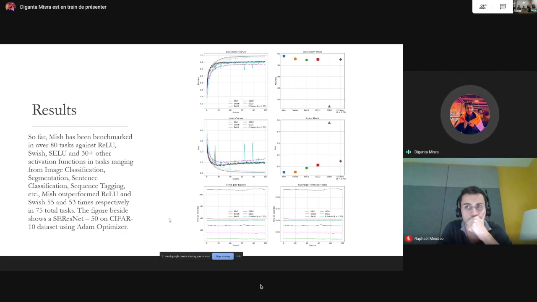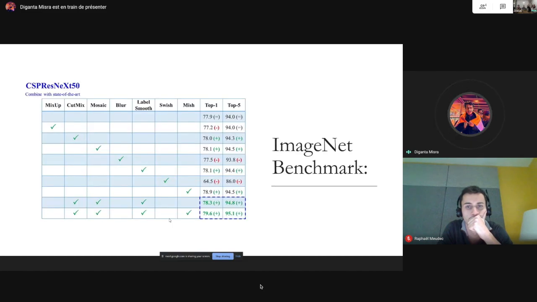So this is one of the examples that we have in the paper. But in the repository, we have plotted every single benchmark that we have done for every single network architecture. So you can definitely go through the repository to know about all the results and all the benchmarks that we have available. Okay, so this is the thing that I wanted to point out.